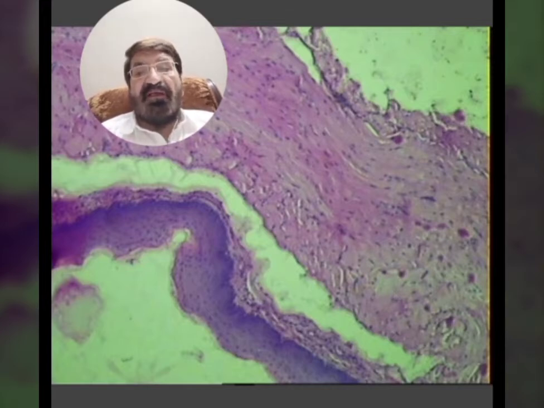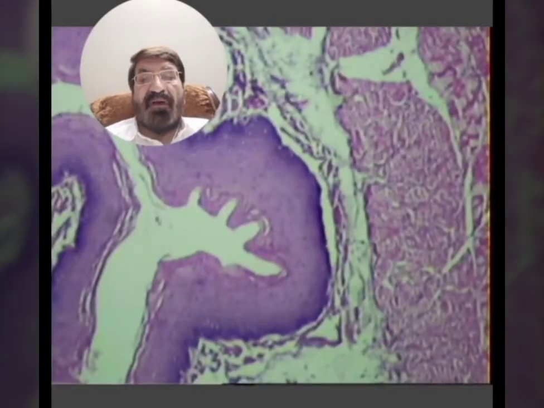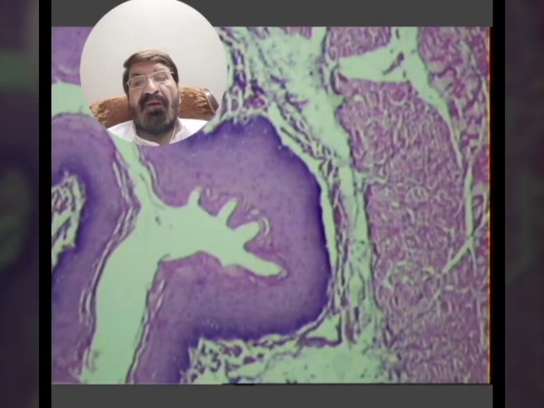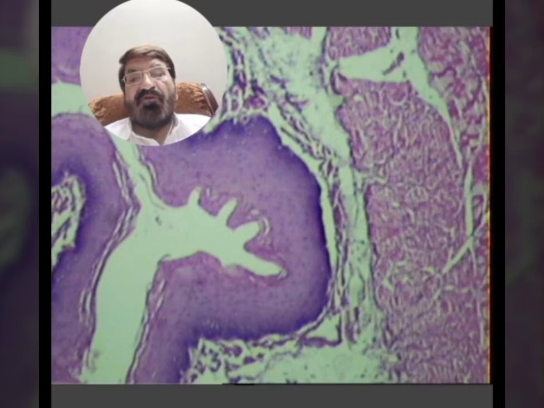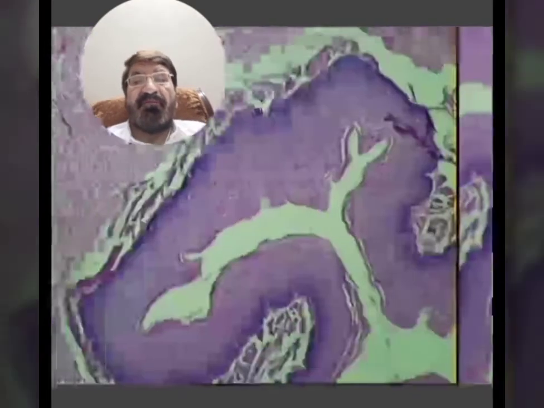But when the esophagus pierces the diaphragm, the lower 1.5 inches of the esophagus is covered by serosa because the peritoneum comes. This is another diagram. You can see the lumen is folded. There are folds of the mucosa, and then we have the lamina propria. This is the muscularis mucosae.